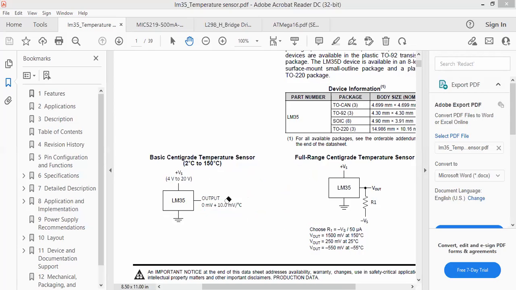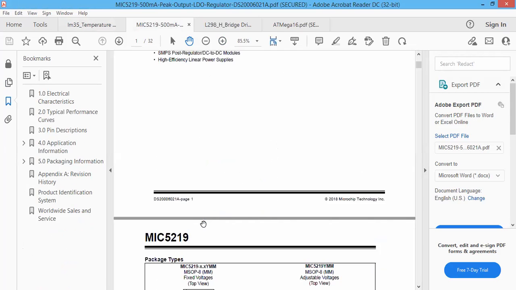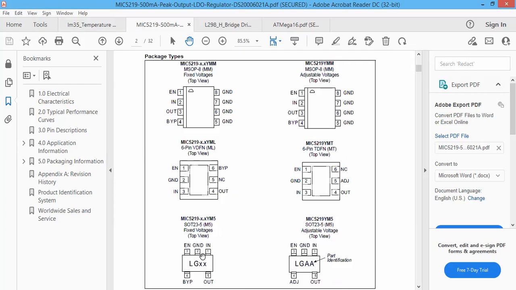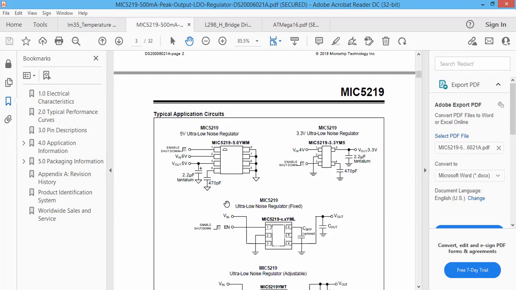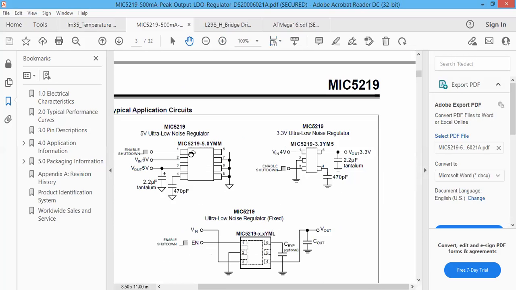So then we are moving to the LDO regulator that is used to convert this battery voltage to 5 volt. Basically, it has different configurations. So in simulation, we can use this version. It is very much simple. All you need to do is just provide the 6 volt to the input pin, and it has a ground pin, and enable shutdown. Typically, you can connect it directly to the 6 volt supply, which